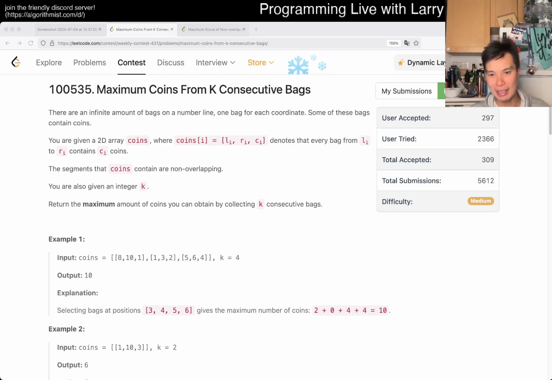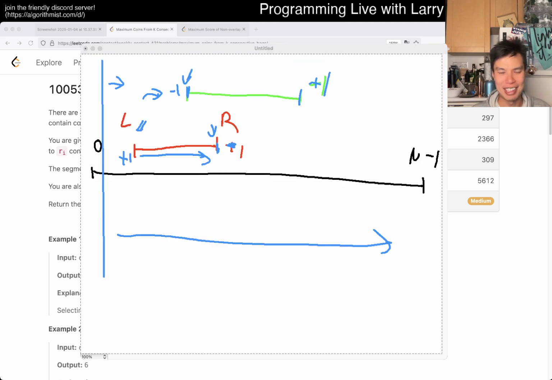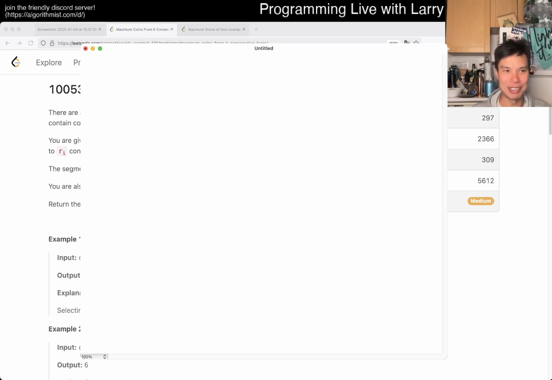What I mean by that is, I'm going to bring up the drawing thing, so hang on a second. It's kind of funny because I have on screen the daily problem, and it's very similar. So basically, the idea here, let's just draw it afresh anyway. So the idea here is that we have